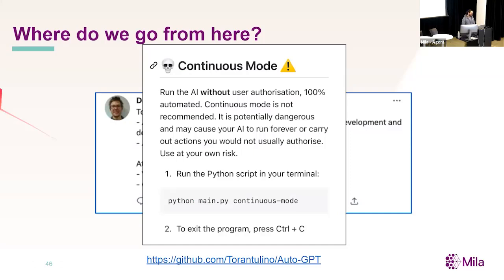And what I really like is, on their GitHub README, they have this kind of continuous mode integrated, but they say, please be careful, this is dangerous. But yet, here it is freely available to the public. So we're now entering this kind of era where anyone and everyone can do whatever they want with these models. And that might not necessarily be a good thing either. I'm still not sure where I lie on this.